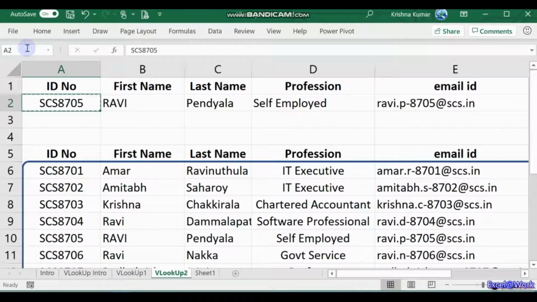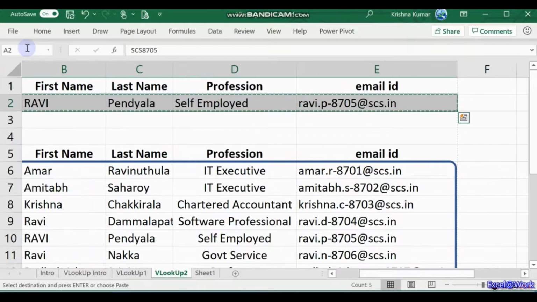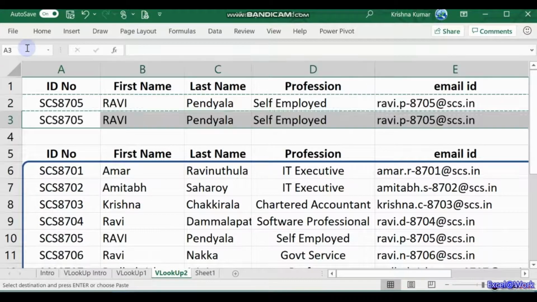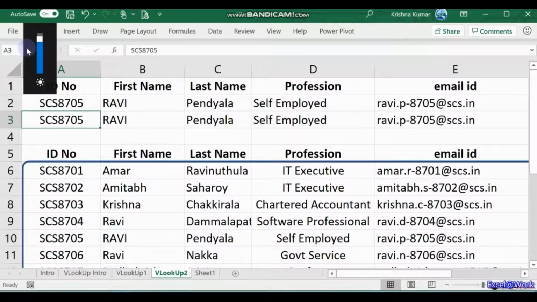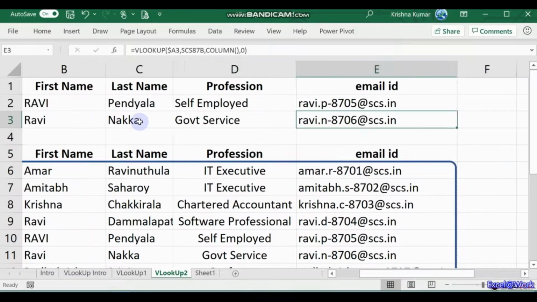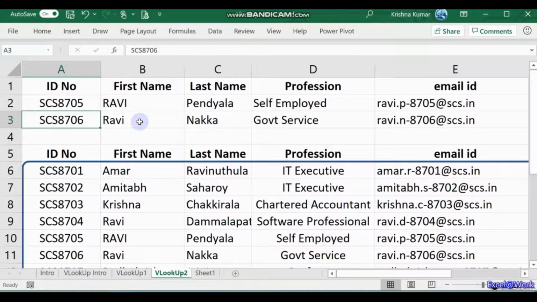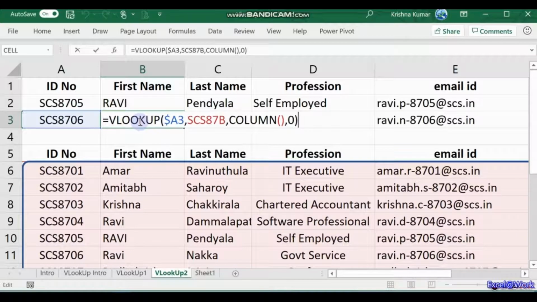So when I copy this, for some reason I want 2 data points at any point of time, so here I just write 8706. 8706 gives me Ravi Nakka. See that I didn't change anything else here. I just copy the whole thing to the bottom, and since it is absolute to the row and absolute to the column, it is copied automatically and the formula remains the same.